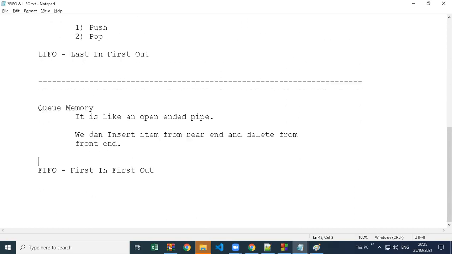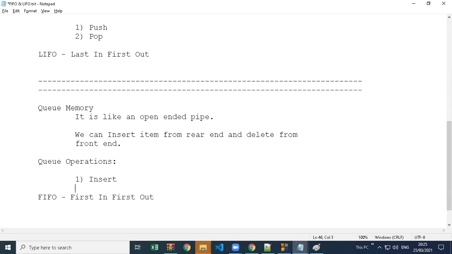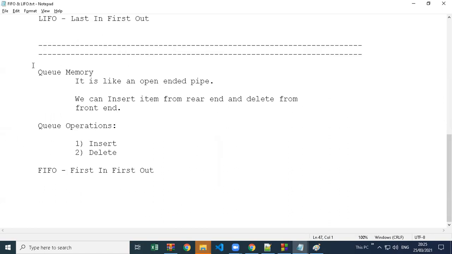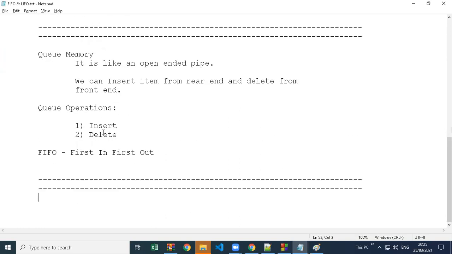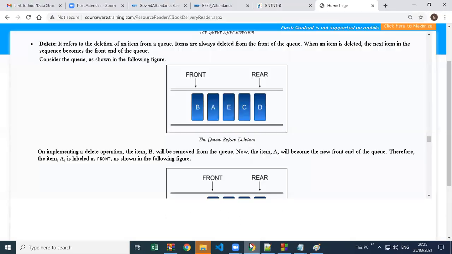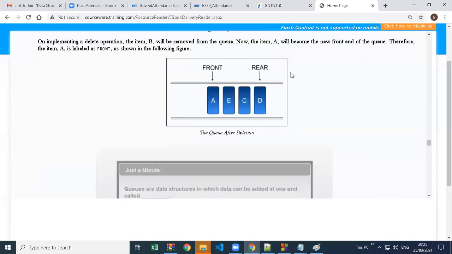Okay, and the Q operations. So you can do insert and delete. The operations are simply called insert, delete. There we call them push, pop because of the memory style, how the memory looks. It's like a stack. So push, pop there; here we do insert, delete. We insert from rear, delete from front.